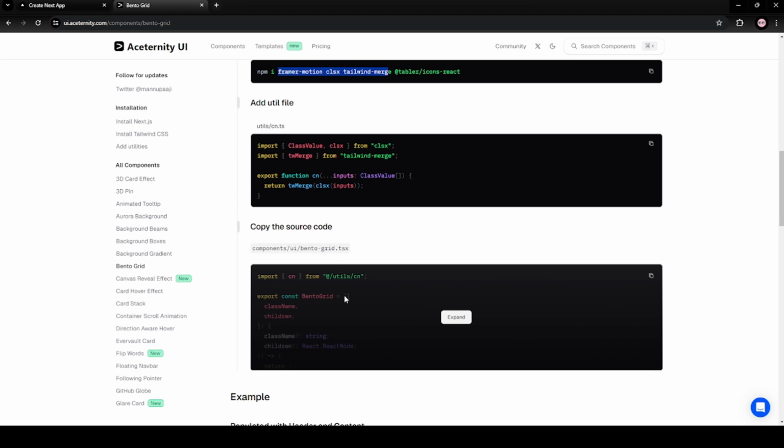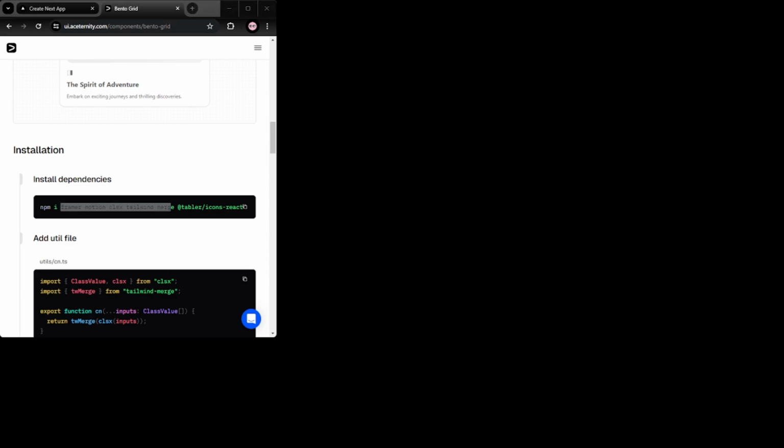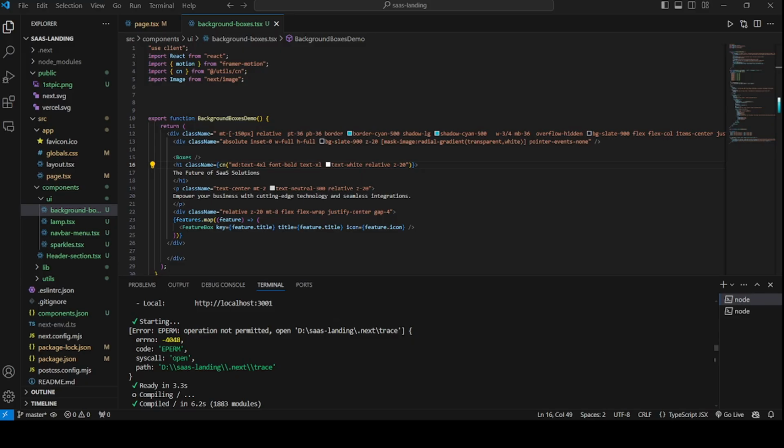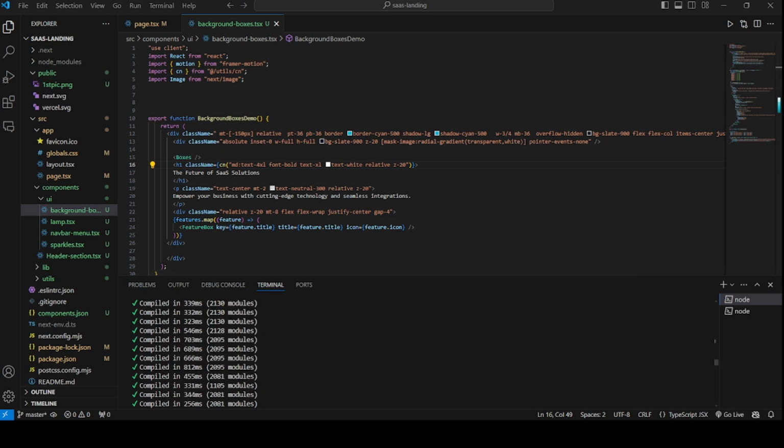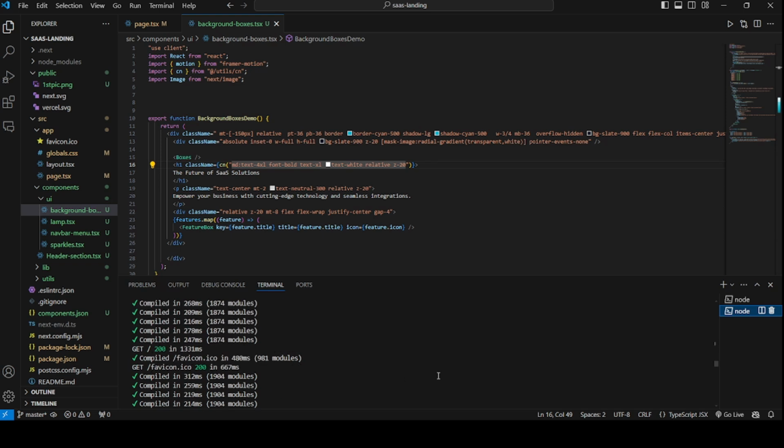And again, we'll have to create this TSX file in our folder UI. Then inside this, we can just get this code and copy it there. So let me go to my VS Code. Okay, so now let me write the command here.